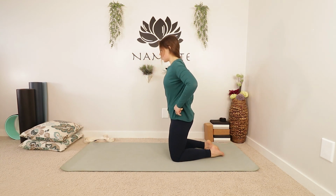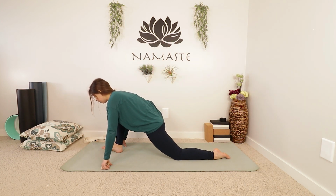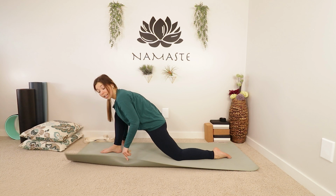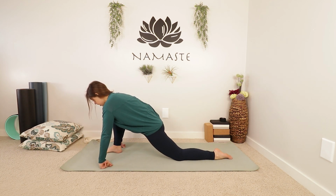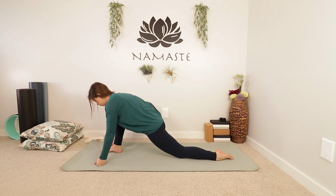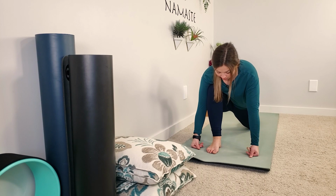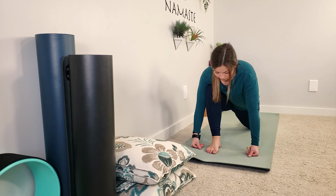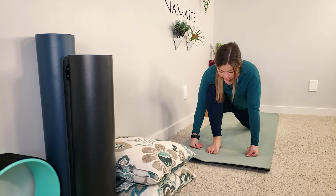And let's bring our right foot forward, setting up a lunge. And if you do want a little cushion for your back knee, feel free to roll your mat over. Finding that left hip flexor, sinking those hips forwards. Awesome, you guys. So you have the option to stay here in this lunge, chest down, hands on the floor, lengthening that left